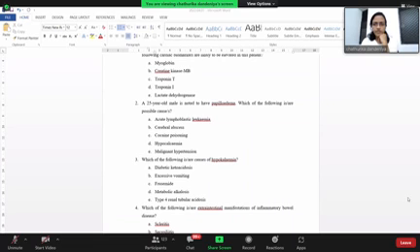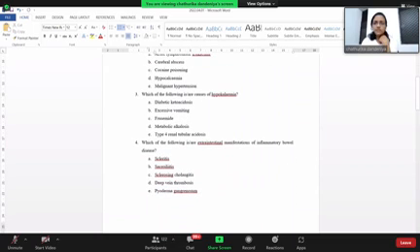So next question. So the last true and false type. Which of the following are extraintestinal manifestations of inflammatory bowel disease? Extraintestinal manifestations. So you know, IBD or inflammatory bowel disease can affect a lot of parts of your body in addition to your bowels. It will definitely affect your bowels, but in addition, it can affect a lot of other parts of the body as well. So these are what are known as extraintestinal manifestations. Scleritis, true or false?